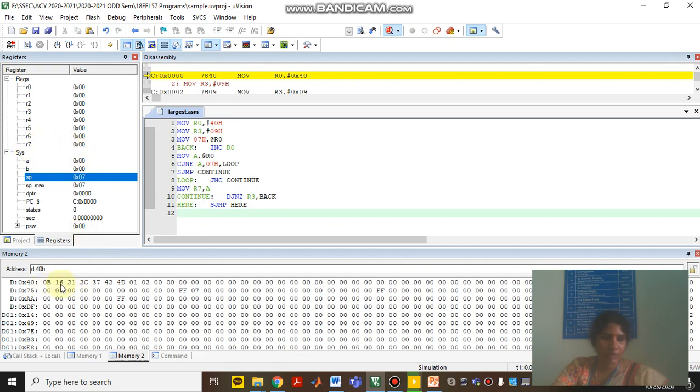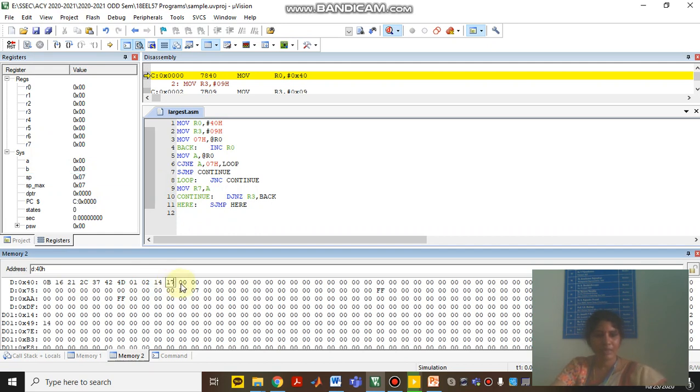So here we had given 1, 2, 3, 4, 5, 6, 7, 8, 9 data. 10 data I have not given. So according to the logic, R7 should store 0. So for one more number I will give 14, 17. Okay, now more than 10 data I have given. Now I will be running the program. Among the data that is given in the 40th location, whichever data is smaller will be held in the R7 register. So here the smallest data is 01. After execution, you can see the value in R7 change to 01.